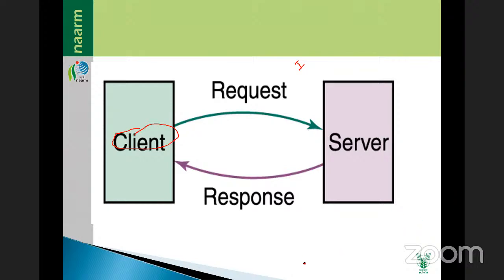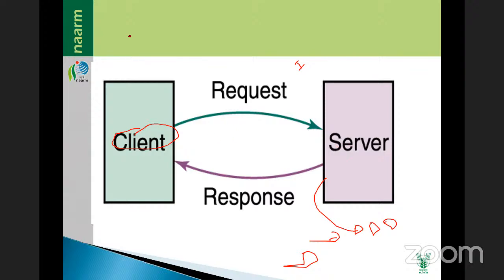This is one node, this is another node. Node means a box, one system. Imagine this is a system like this. All the systems will be connected to the server. The server is the administrator here, so all the computers are connected to the server. The server is connected to all systems, so whenever there are any queries, all the information will be stored.